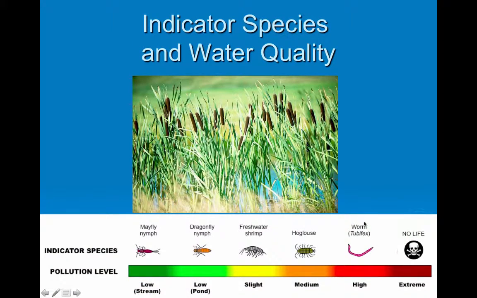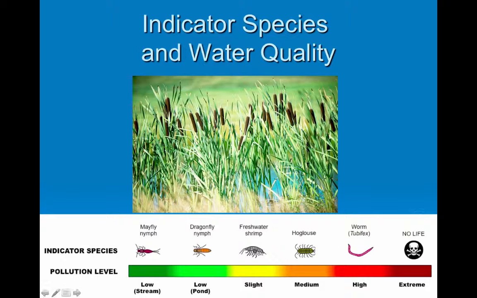You don't always have to test water directly in order to figure out if it's healthy, you can rely on indicator species. Things like nitrates and phosphates. If you see a bunch of cattails growing, as an example, you know that there are a lot of nitrates and phosphates in a particular freshwater body. The cattails are those things on the top that kind of look like the hot dogs on a stick.